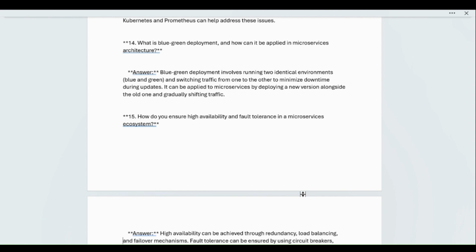Before deploying to the, I can say, final client, we are creating some stages for testing our application. This type of mechanism we can observe here also. Blue green deployment involves running two identical environments and switching traffic from one to another to minimize downtime during updates. So it can be applied to microservices by deploying a new version alongside the old one, gradually shifting